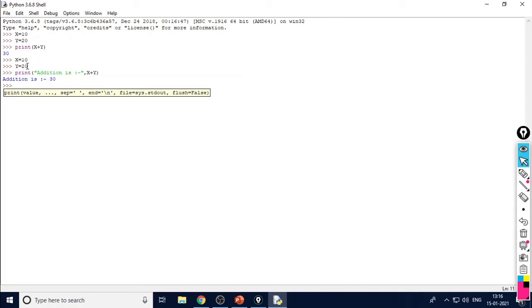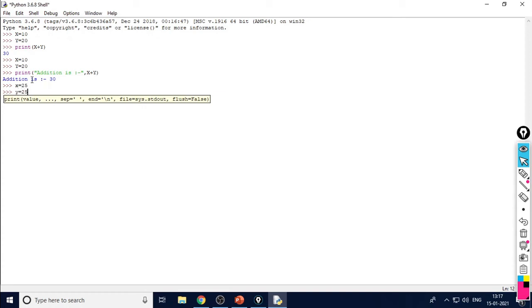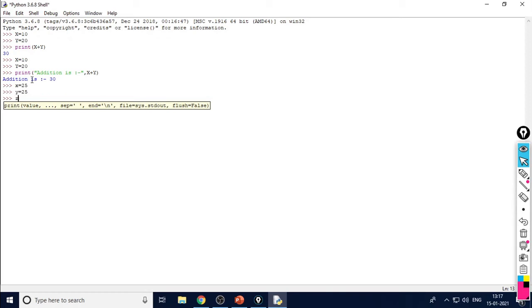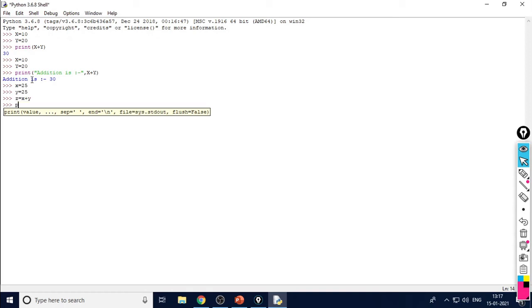So this is the first way, and this is the second way. In the next method, we can store the mathematical expression in another variable. How can we do this? Again, x is equal to 25, y is equal to 25. Then z is equal to x + y. We used another temporary variable, and we can use it in the print statement.